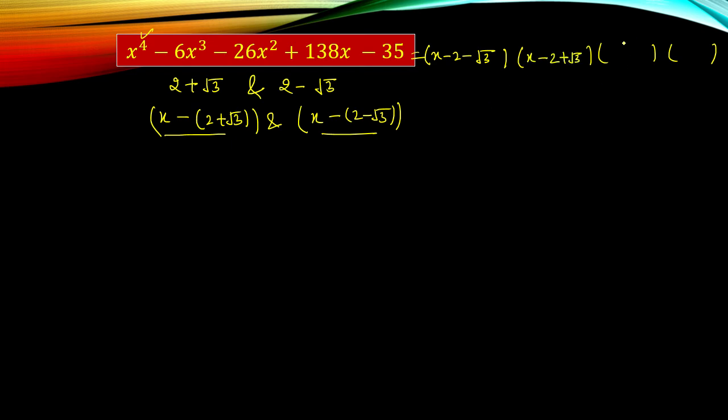We have these two factors, and we are interested in finding the remaining factors. How can we get them? Before that, we will go through a basic concept in numbers. Suppose a number is 24 and two of its factors are 2 and 2, but the remaining two factors we are not aware of. As here in the polynomial, two factors we are aware of, but the remaining two factors we are interested to get.